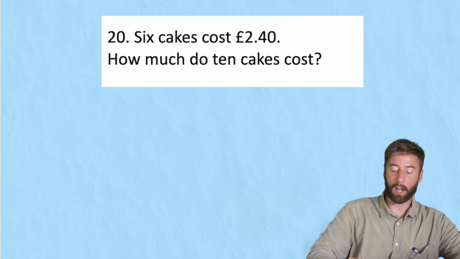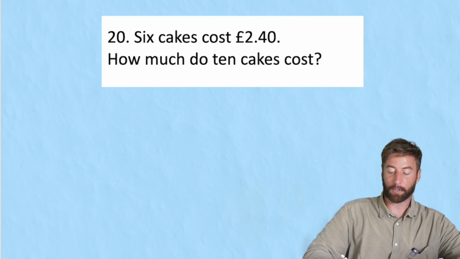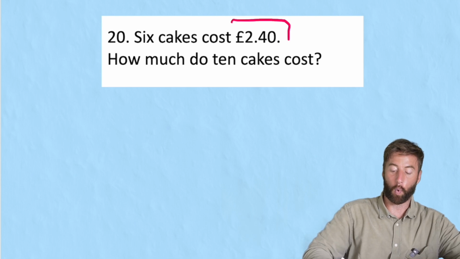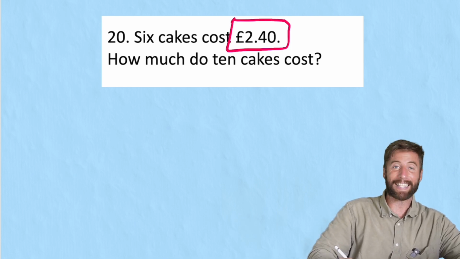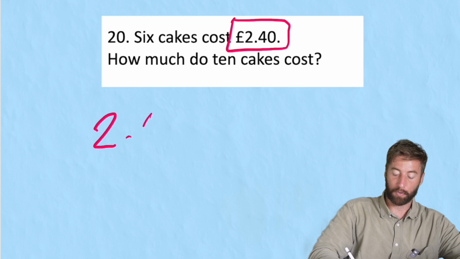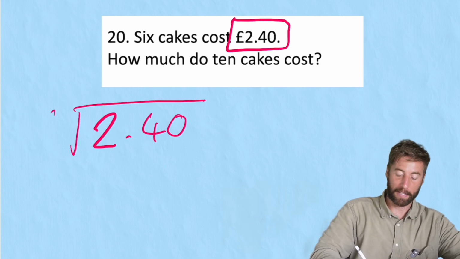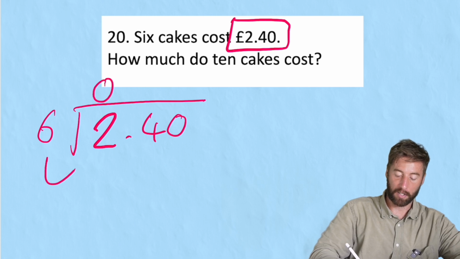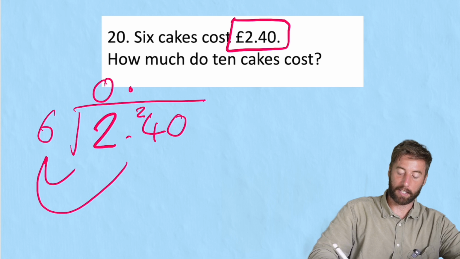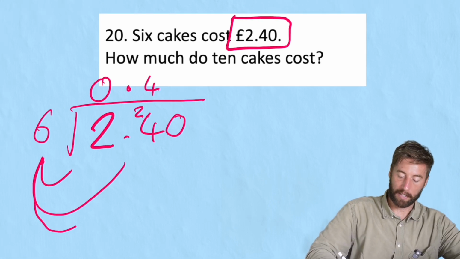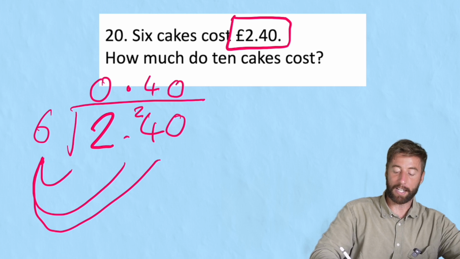Question 20, one of my favorite kind of questions. 6 cakes cost £2.40. How much do 10 cakes cost? Well, if we want to find out how many any amount of them cost, we need to find out how much 1 cake costs. So if 6 cakes cost £2.40, and we want to find out how much 1 cake costs, we can just divide that by the 6. How many 6s in 2? 0. Put back my decimal, carry the 2 across. How many 6s in 24? 6, 12, 18, 24. And how many 6s in 0? 0. So each cake costs